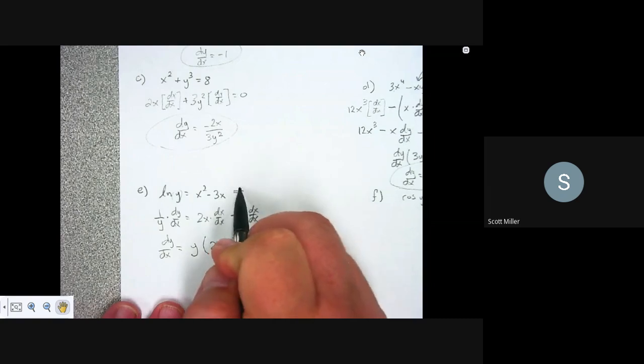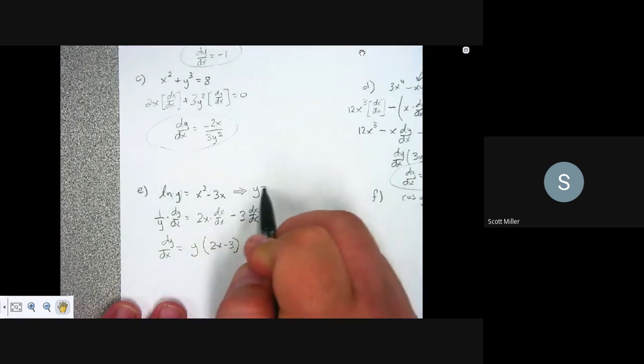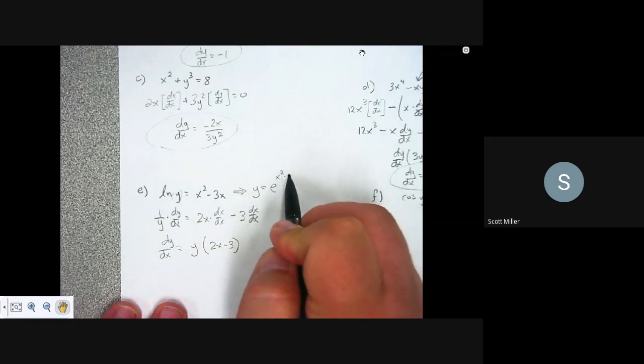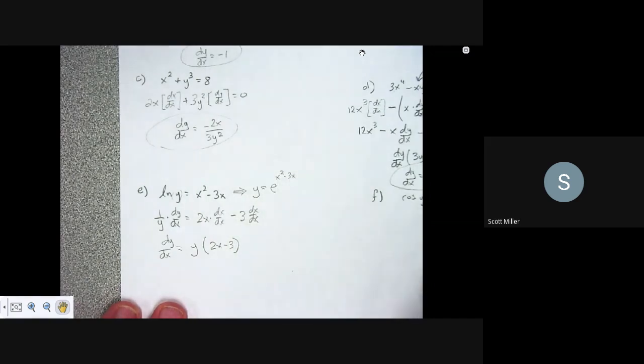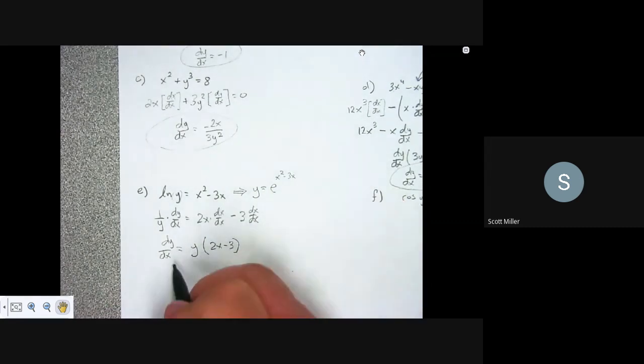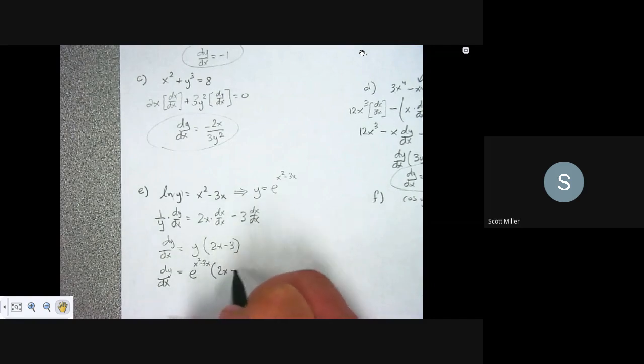That means if the natural log of y is this, then y must be equal to e to the x squared minus 3x. And if y equals that, then I can substitute this into this equation right here. And so the final answer, dy dx, can be written as e to the x squared minus 3x times 2x minus